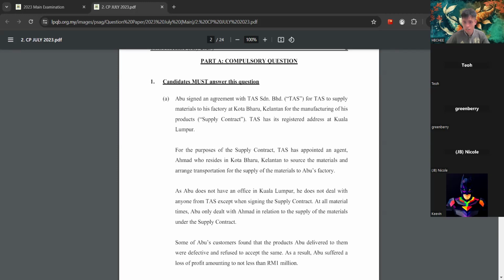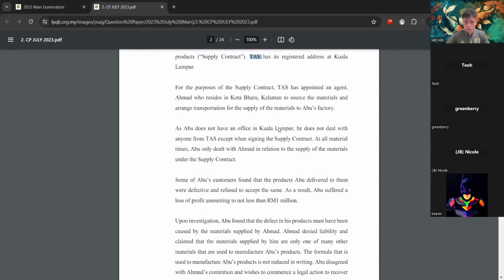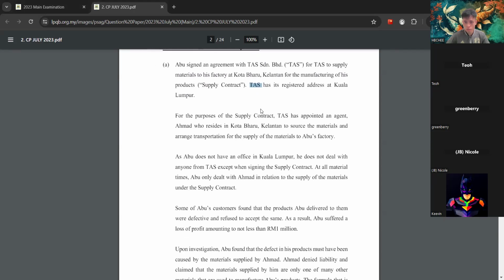A has signed an agreement with TAS to supply the things, and the factory is at Kota Baru, Kelantan. And then for the manufacturing of products, this is the contract, the subject matter, and TAS has the registered address at KL. Okay, so we have the information of the parties. Now, looking at the second paragraph, the purpose of the contract,